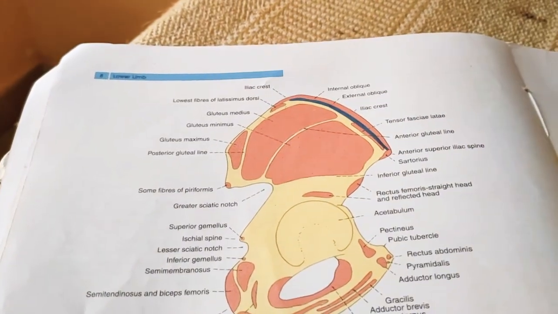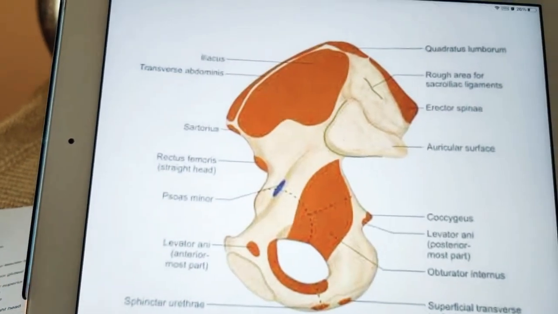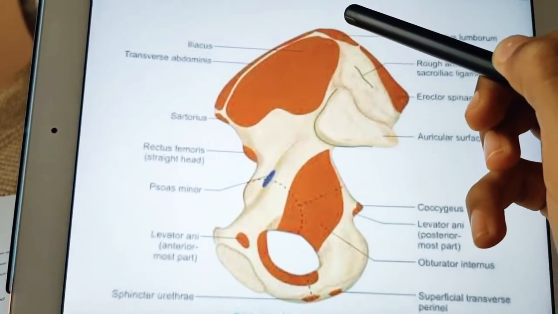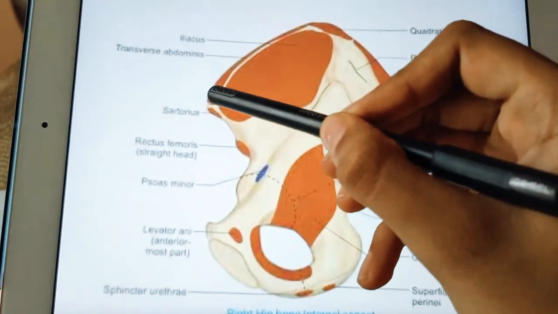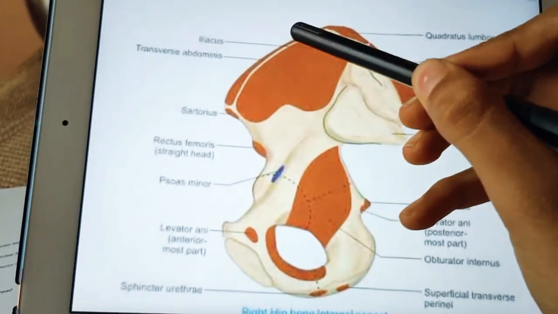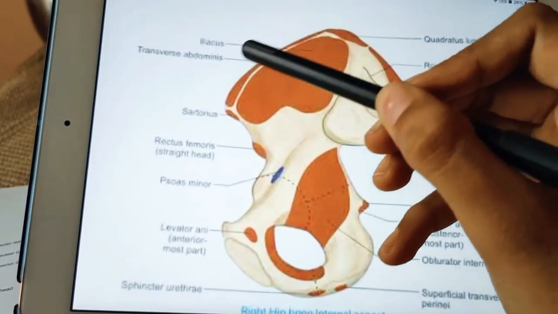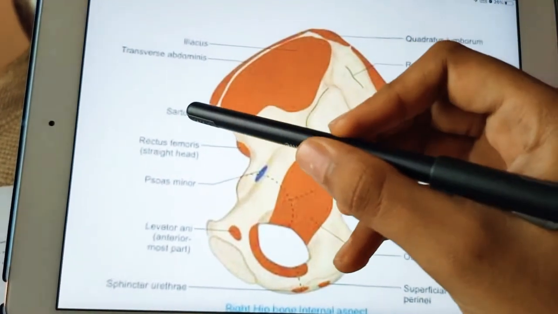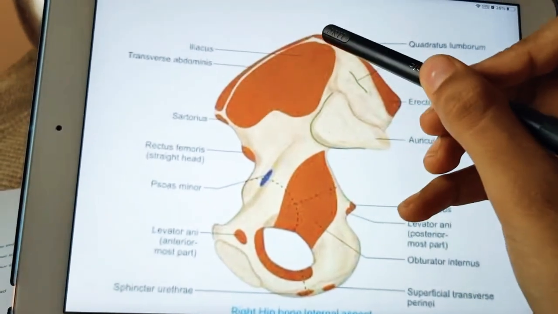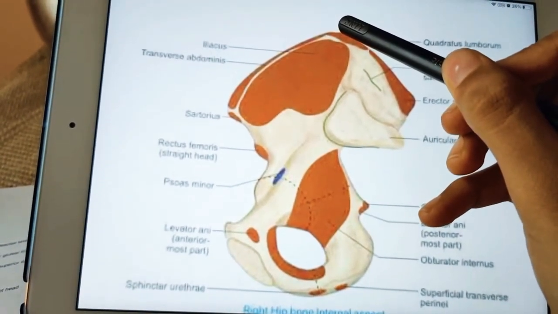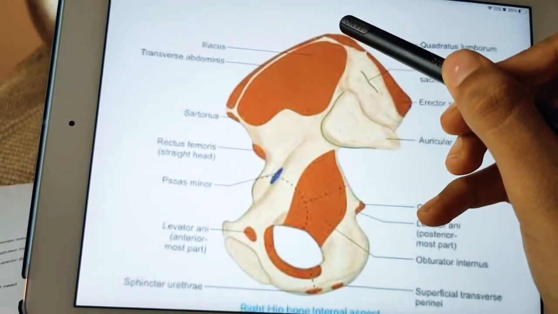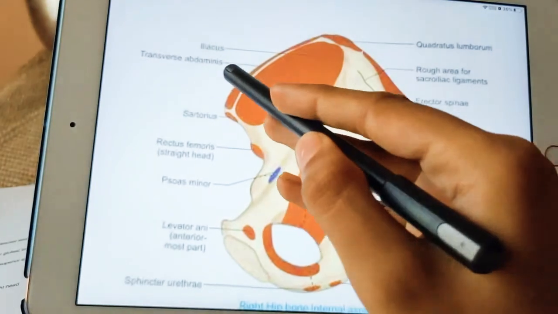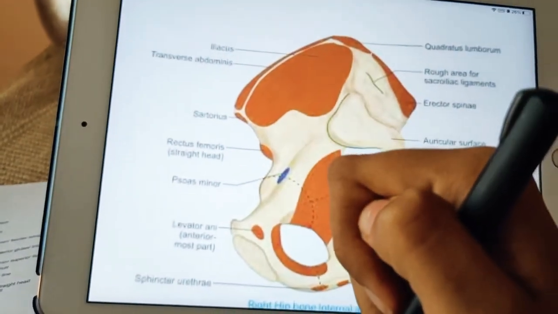Now coming to the inner lip, you can see this is the inner side. This is the inner lip of the iliac crest, which provides origin to transversus abdominis. This is the transversus abdominis on its inner lip. It gets origin especially in the anterior 2/3, and also there is attachment of fascia transversalis. Over here will be fascia transversalis, and the fascia iliaca in its anterior 2/3. So the fascia iliaca and fascia transversalis are along with the transversus abdominis on the inner lip of the iliac crest.